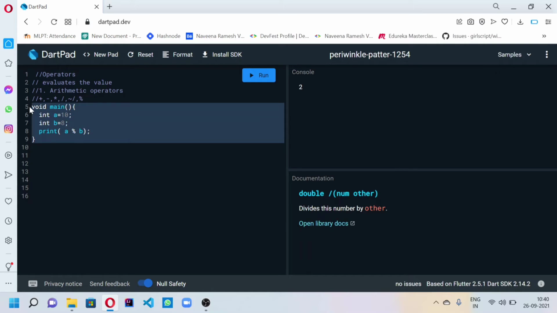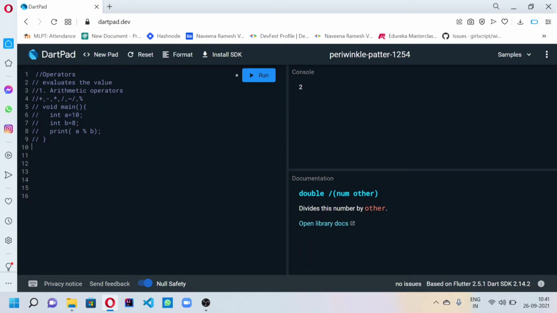Now we check the next operator, which is the relational operator. A relational operator checks the relation between two values.